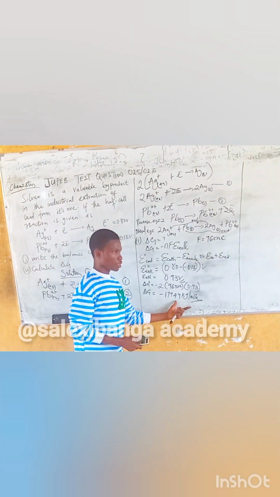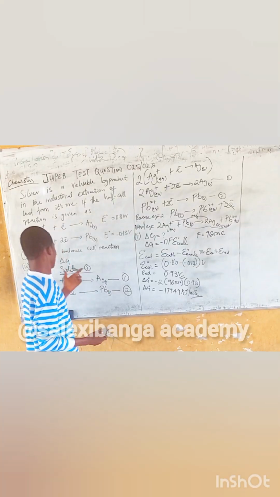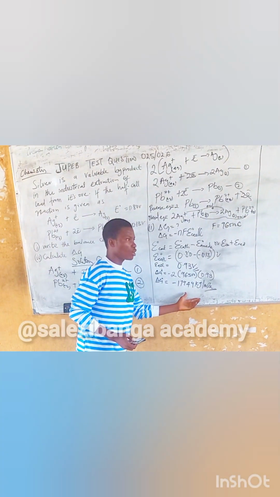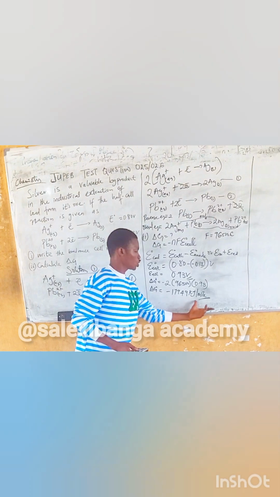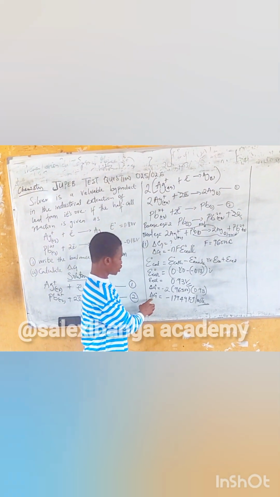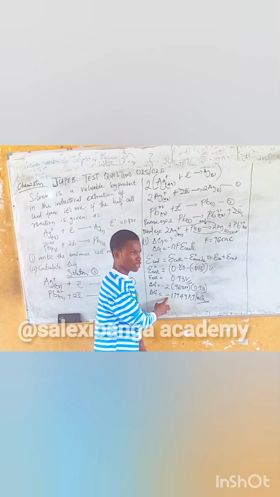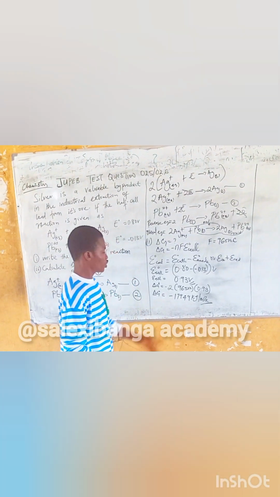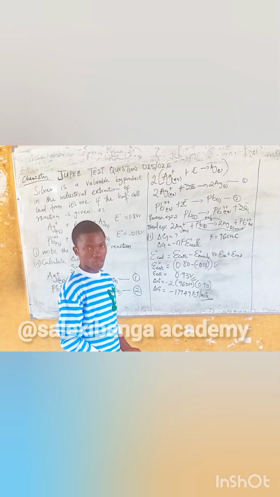This is the last answer for this particular question, because in the last question we were asked to find the change in G. So this is where we arrive. To determine whether this equation is spontaneous or not spontaneous, you check the sign of the change in G. If it is negative, that implies that the reaction is spontaneous. So this is where we end our class for today. Stay informed so that in our next